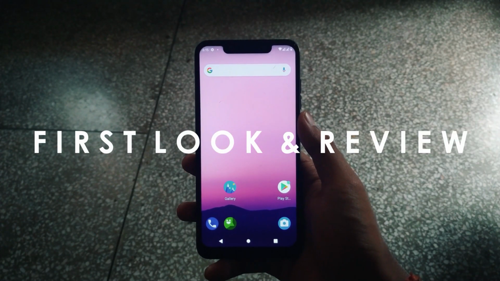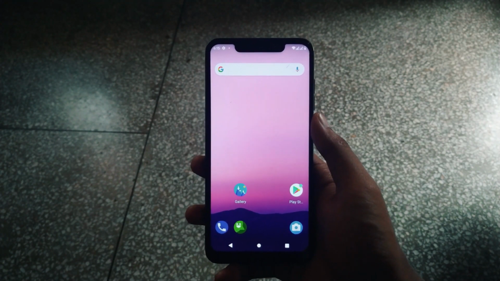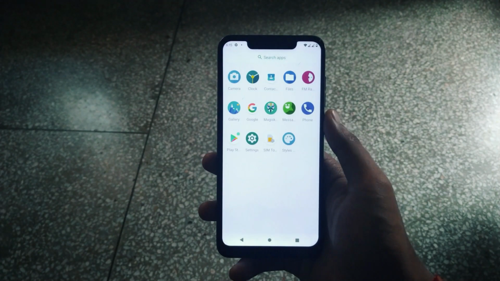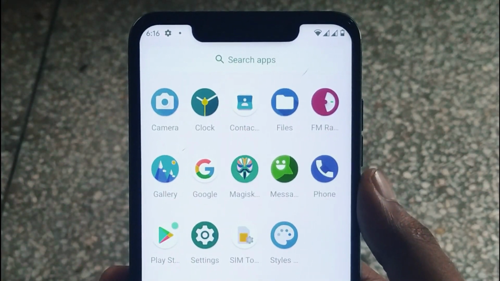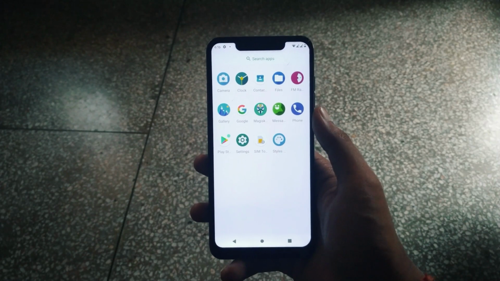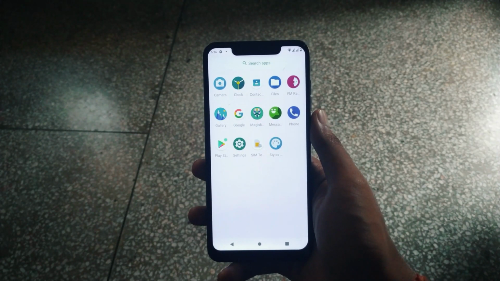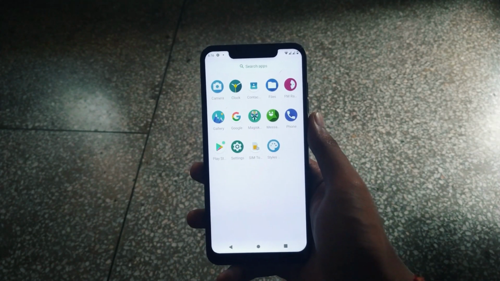After the setup, the first thing you will see is this wallpaper, which is very calming, with few apps installed on home screen. And if I swipe up to app drawer, here you can see all of the apps that are pre-installed in this Nitrogen OS except Magisk. If you can remember, I had flashed DFE that comes with Magisk, and that means Magisk isn't included, so you will have to flash it separately in order to get root access in this Nitrogen OS.